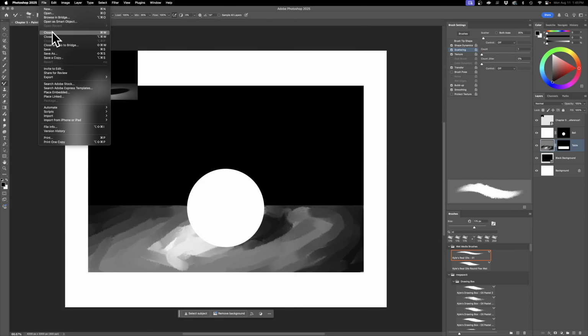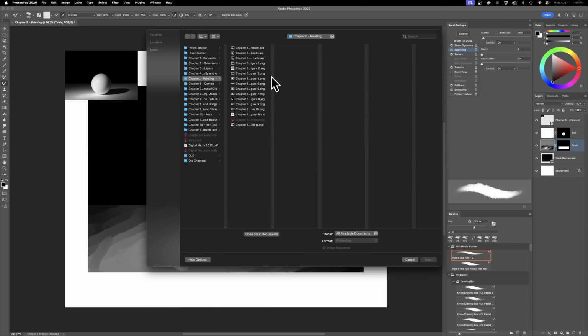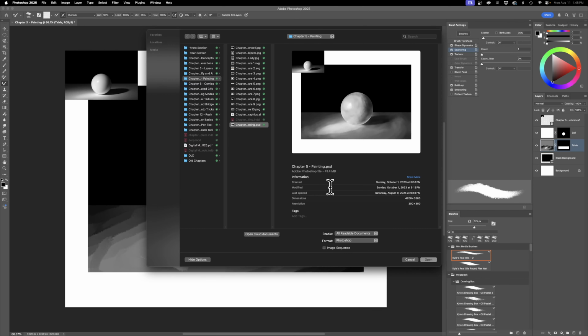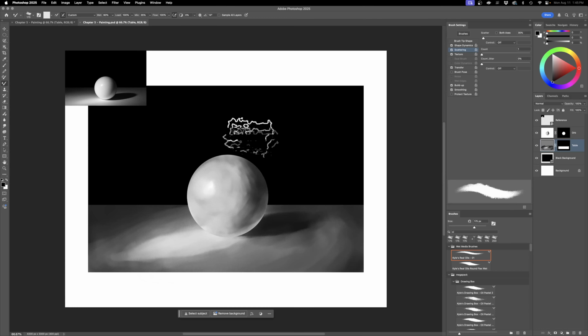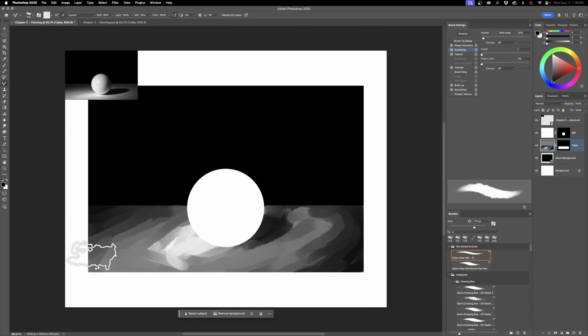So where is it? Open. And we saw that at the start with the other demo, this one. This was what most people should be able to accomplish using a pen and tablet, if not even a lot better than this. This is very doable with a pen and tablet. This is doable enough for what we've learned about the mixer brush tool